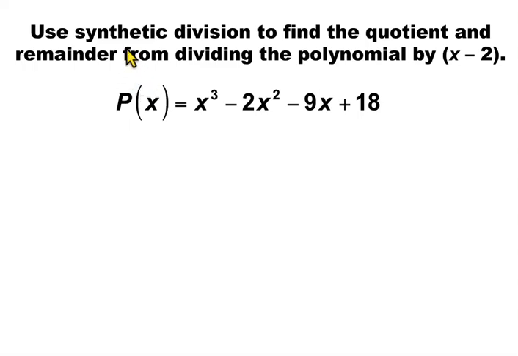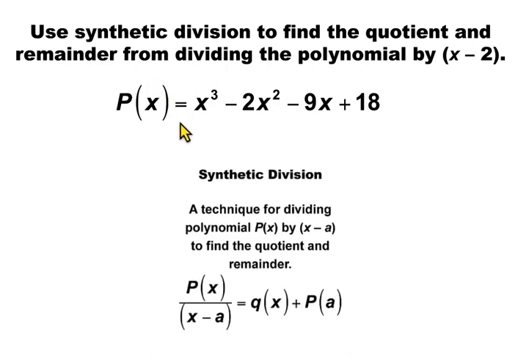Use synthetic division to find the quotient and remainder from dividing the polynomial by x minus 2. Synthetic division is a way of dividing one polynomial by a linear binomial to find the quotient and remainder. When dividing by a linear binomial using synthetic division, make sure the factor is written in the form x minus